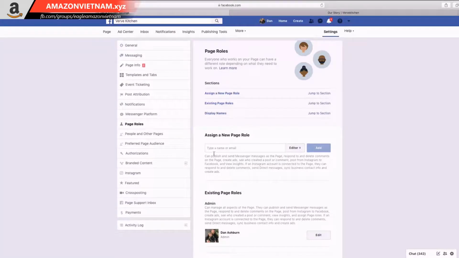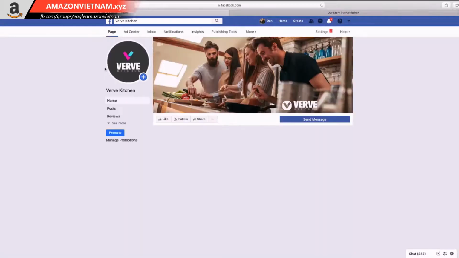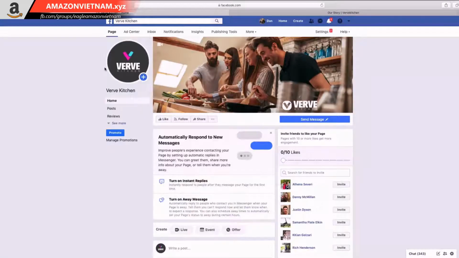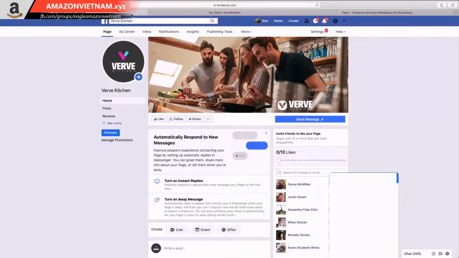In a later lesson, we're going to be covering how to publish content to this page, in what's known as seeding the page, and then continue to publish content to grow your Facebook audience on your Facebook page. But for right now, that's all we need to do to set up our Facebook page. So earlier in the lesson,